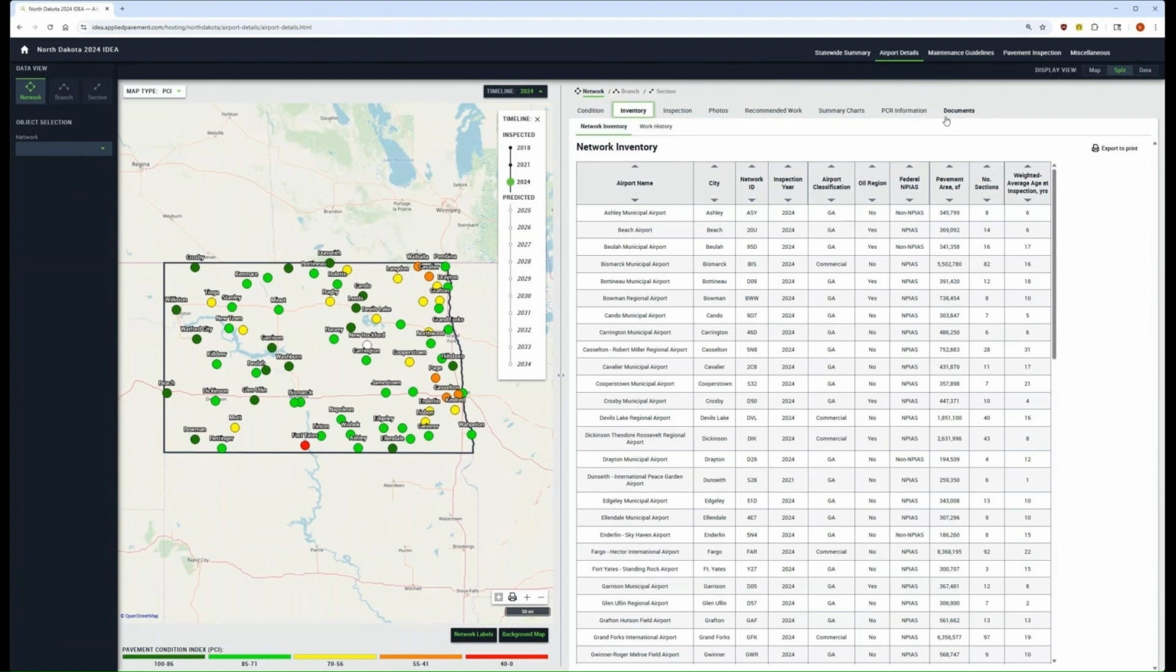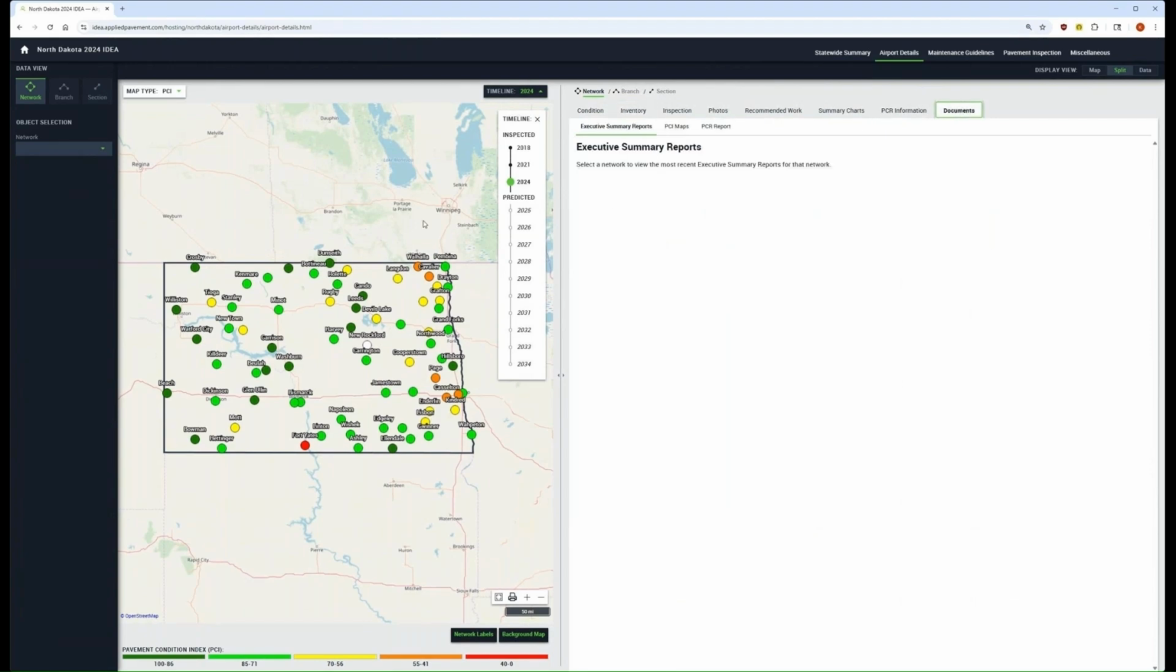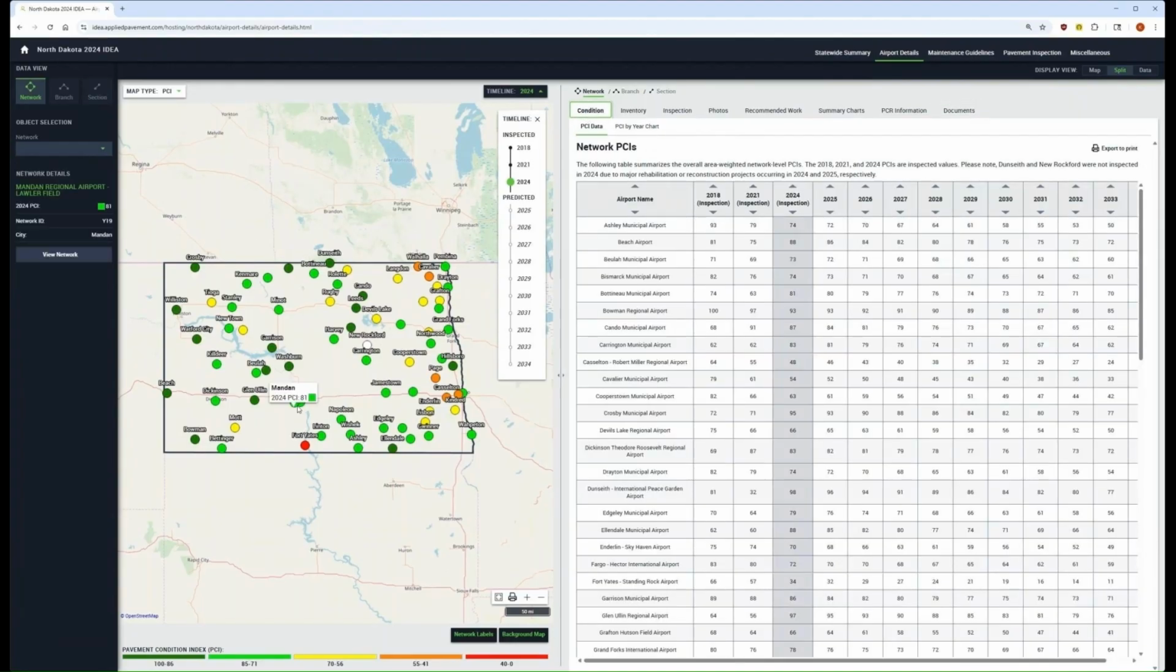There are a few other tabs here. For some of the documents, you really need to select an individual airport and go into there to see some of these other pieces of information. To select an individual airport, and I'll just use Bismarck as an example, you can either select it from the drop-down list on the left,